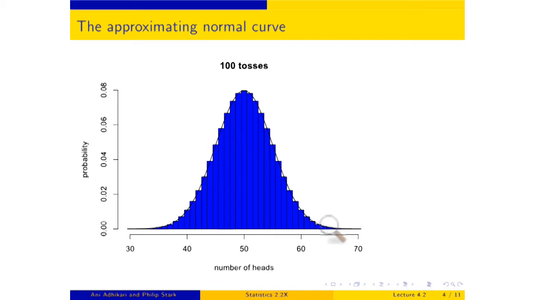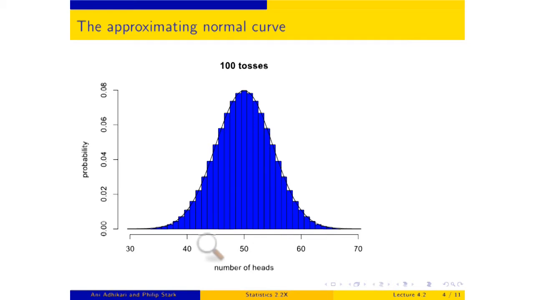Centered where? 50, the mean of 50. Do we believe that this curve has an SD of 5? What's the SD of a normal curve? It's the distance between the center and the point of inflection. So 51, 2, 3, 4, 5, it's not so unreasonable to think that the point of inflection is somewhere there. So 50 plus or minus 5 does seem to be exactly the right scale here, especially when you go 50